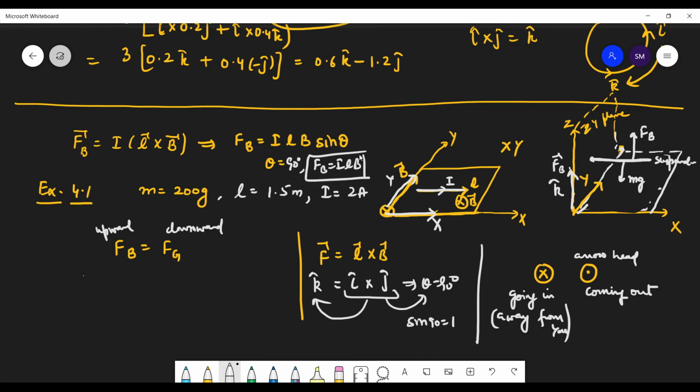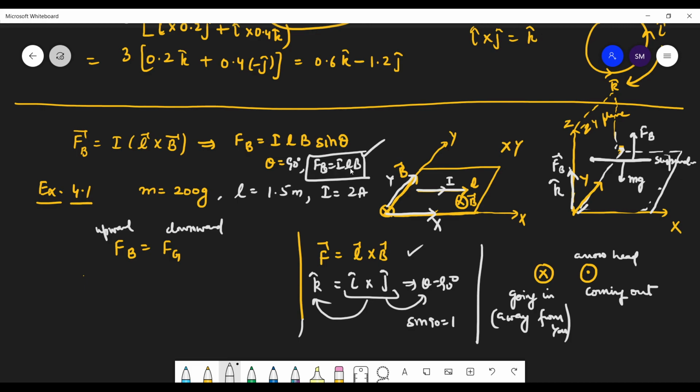So students, sometimes we directly write F is equal to ILB. Don't waste your time in the exam writing this thing. You are not going to get any marks for this. This is just obvious. You have studied it in 11th class also. So these are the basics that the examiner is assuming that you know. Okay, so if the question is of 1 mark. If it is of 2 marks, then 1 mark will be for the formula. So F is equal to ILB.